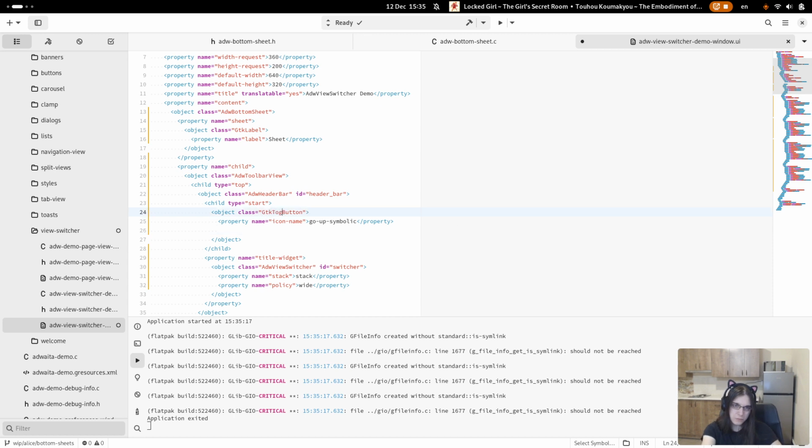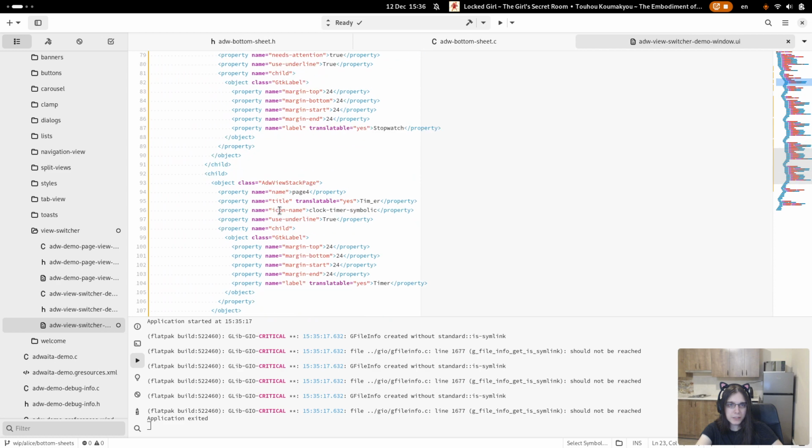Actually, you know what? It will be a toggle button. Nah, it will be a regular button. Property name, action name, sheet open.